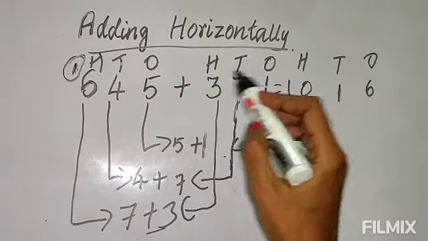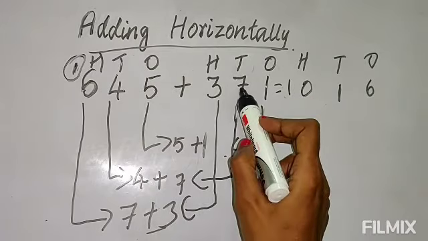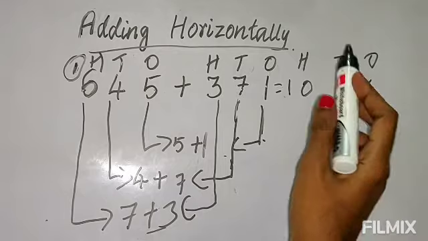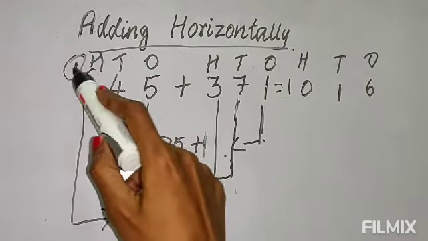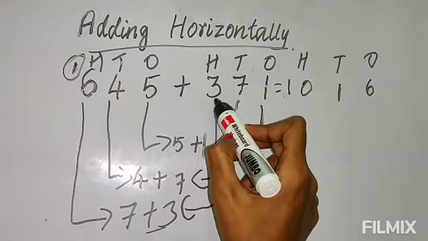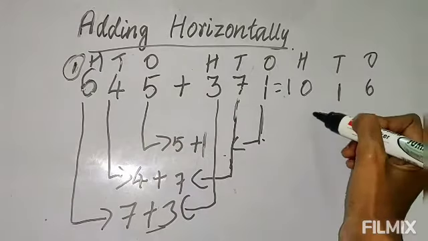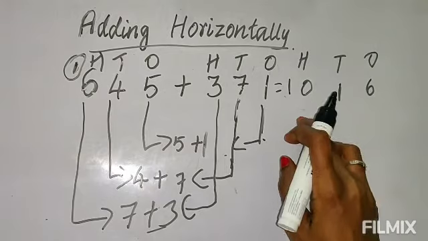First you add the 1's place, 5 plus 1, 6. Again you add the tens place, 7 plus 4, you get 11. So only one you will write here and the other one you will carry to the hundreds place. In hundreds place, 6 plus 1 is 7, and already 3 is there. So 7 plus 3 is 10. So 10 we write here. So the answer is 1016. This is the way you complete the answer.